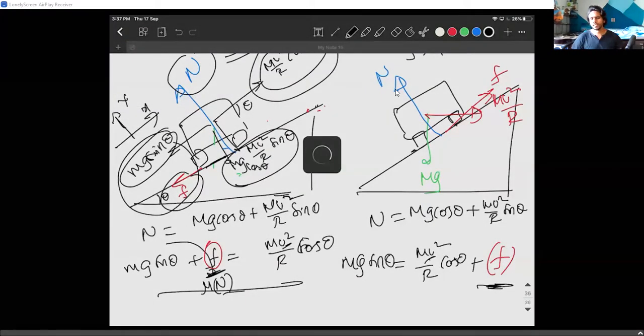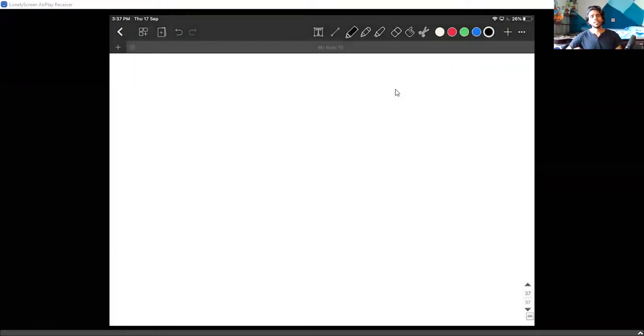Now from this point onwards, every problem that you face in circular motion, I suggest you do with the pseudo force only. Try to sit in the frame of reference of the circular motion, whatever the body is. If it is a car, if it is a container, if it is simply a ball. Every time you have a problem, try to do it in the frame of reference of the body, so that everything is in equilibrium. There is no acceleration. You don't have to consider any kind of acceleration. Which is an easy thing.